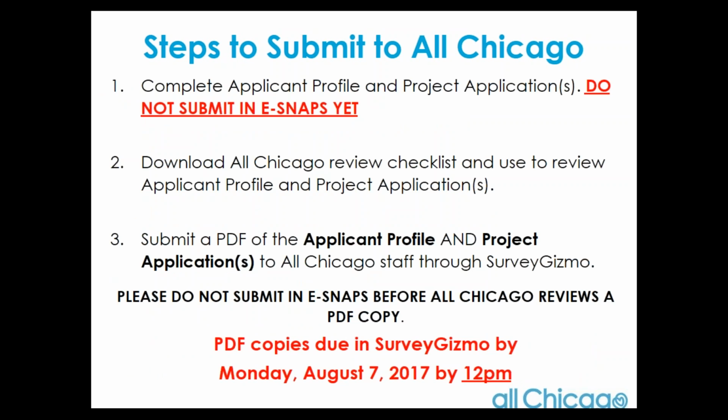So as I mentioned before, right now is not the stage to submit an eSNAP. So as you update your applicant profile and your project application, do not hit submit in eSNAP. So you will export a version. We do encourage you to download the All Chicago Review Checklist just to make sure that you're hitting all those